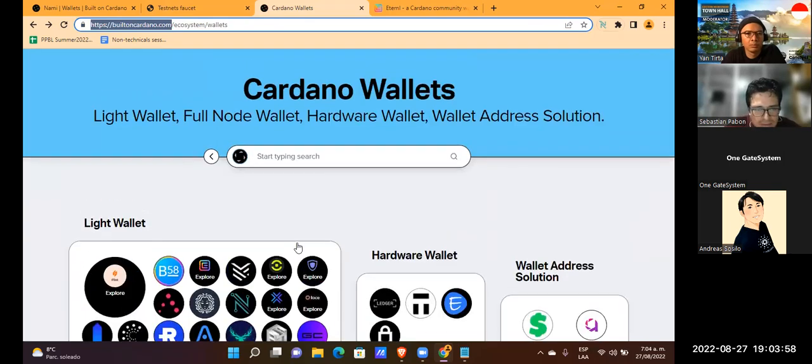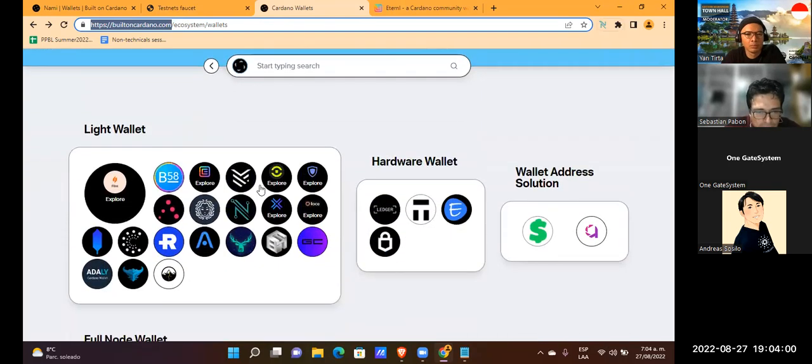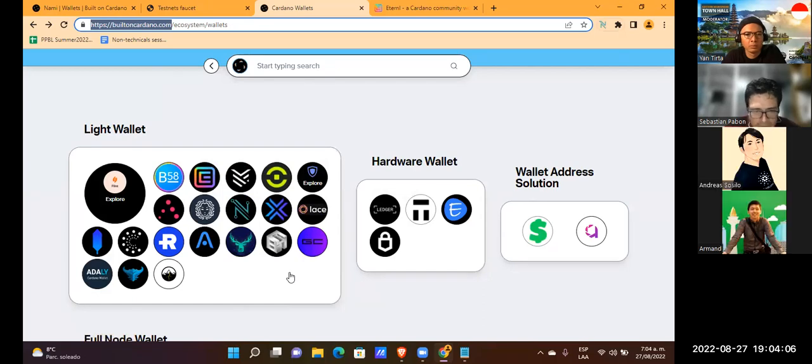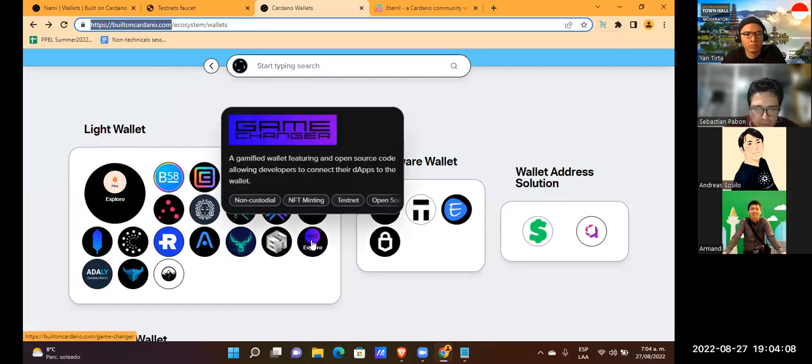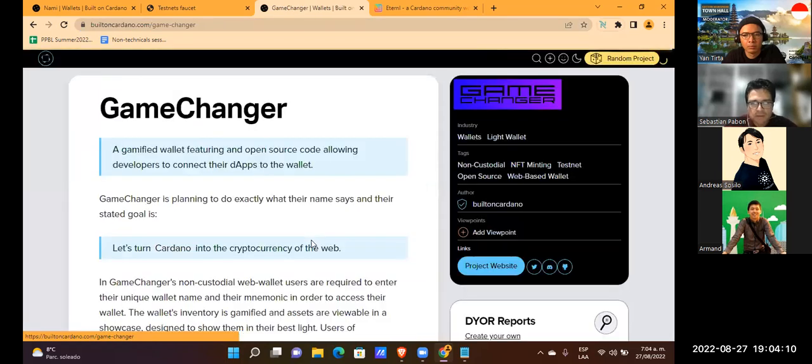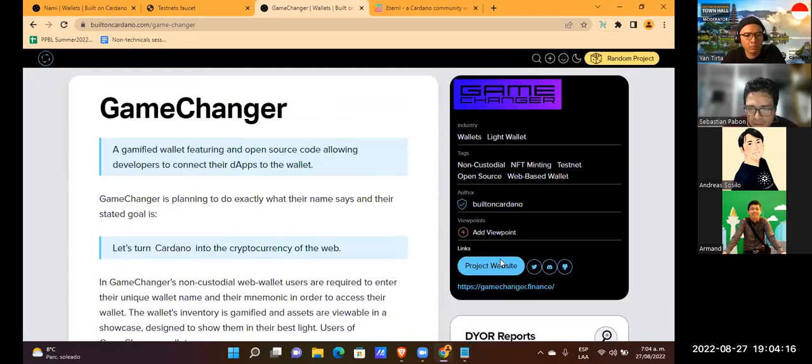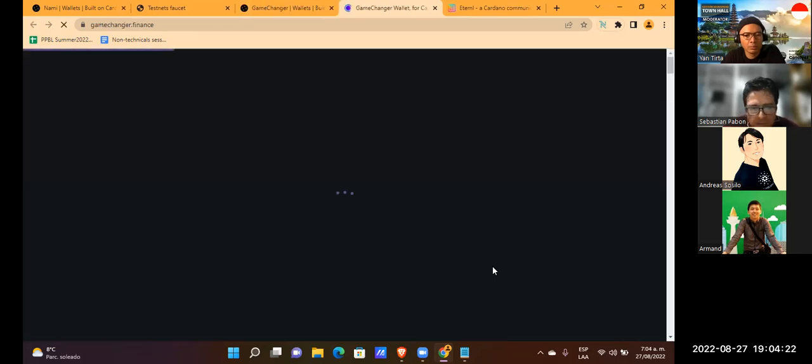For example, in this wallet section, we have all the wallets at disposition of the Cardano ecosystem. And here we have Game Changer. This is another interesting wallet. Here we have the link to the official website of the project.